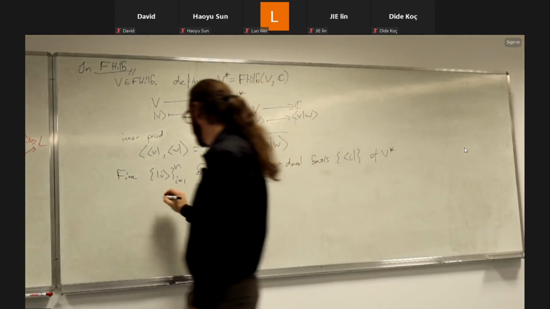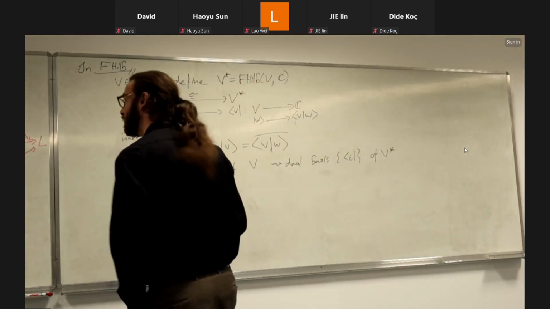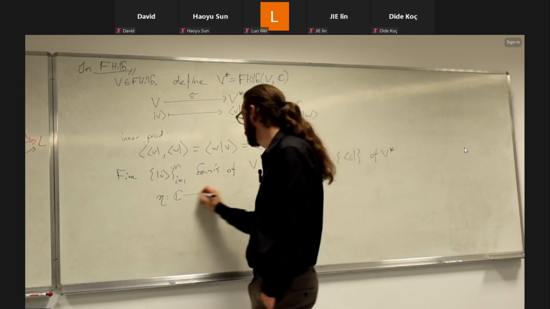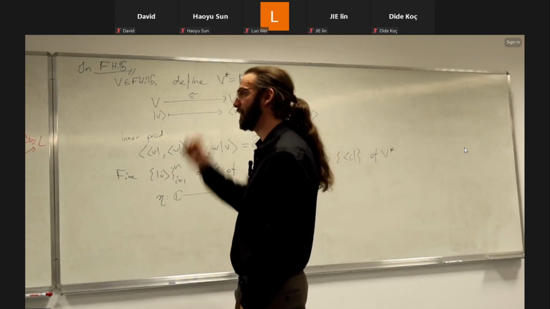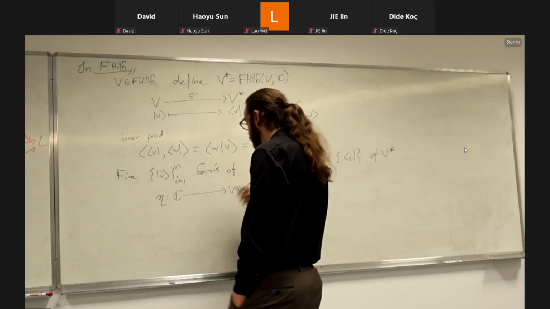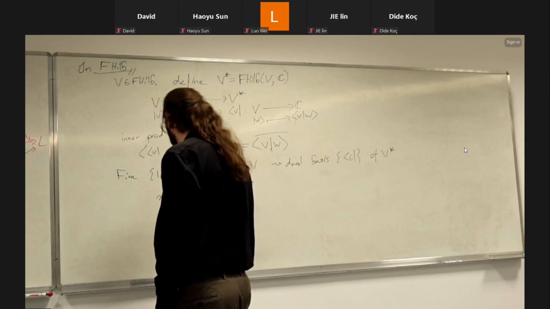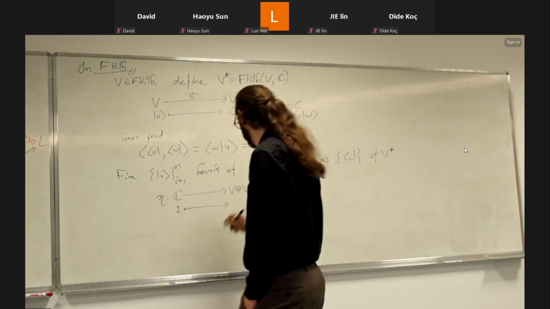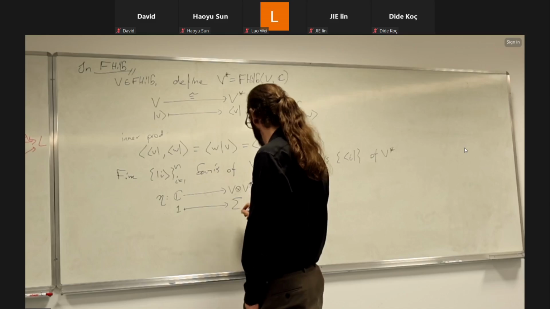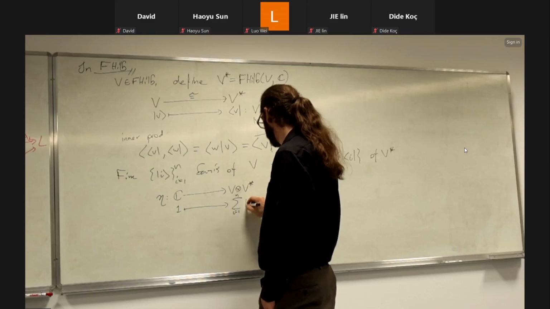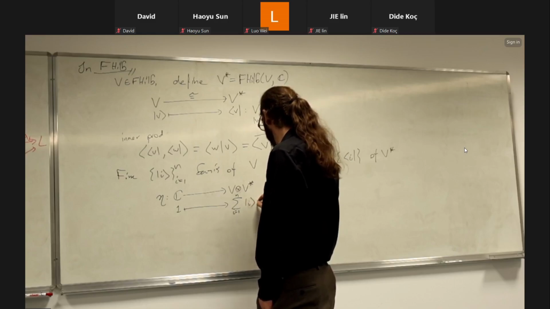And so we can define eta, which is now going to go from C, the unit of the tensor product, to, let's say V tensor V star, and this will send, well, since it's linear, I only need to tell you what it does to 1. So this will send 1 to the sum I equals 1 to n of I tensor I,